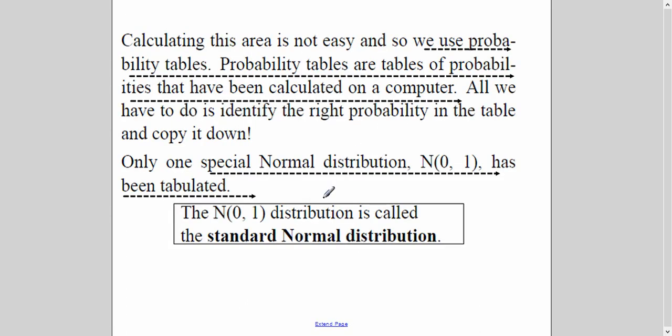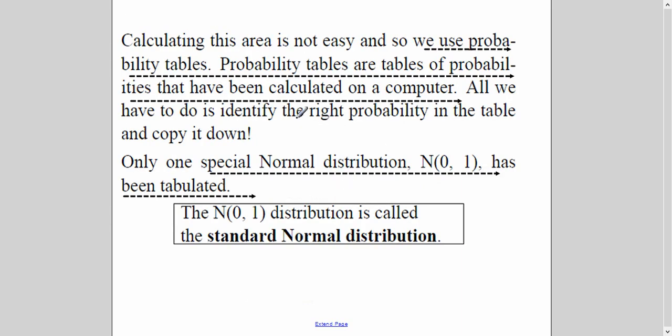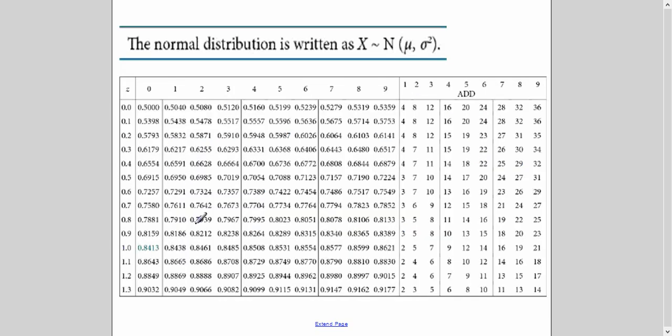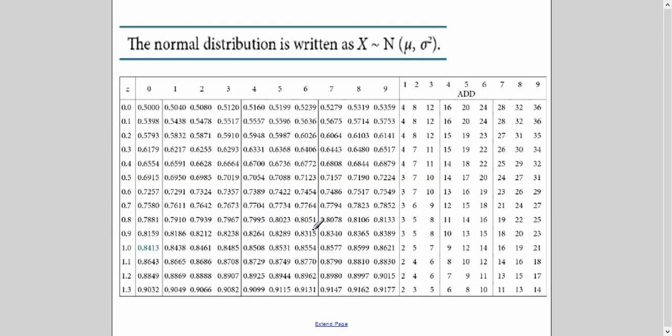So it's not easy to calculate these values of X. I have told you the formula, we don't know it. So we use the table of probabilities which is given to us, and it is called the standard normal distribution. That special table is around a special distribution where the mean is 0 and the variance is 1. And the table looks like this. How we will read it, I will let you know. All these written here inside, forget about the first row and first column, this is all probability. This is the first decimal place. You can see it is written Z. So what is Z? We will see in a while, and we will see how to read this table.